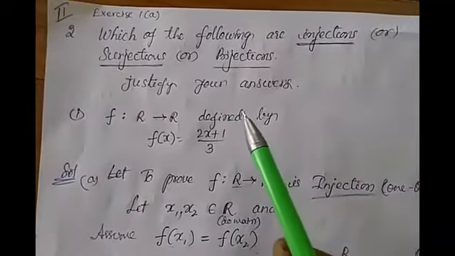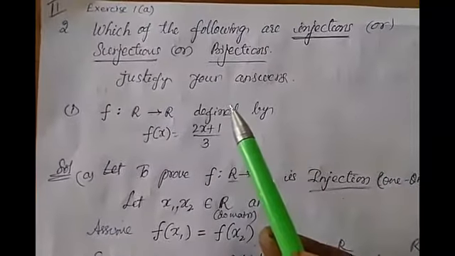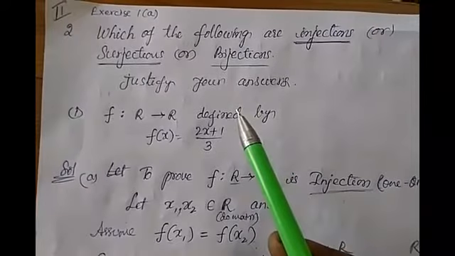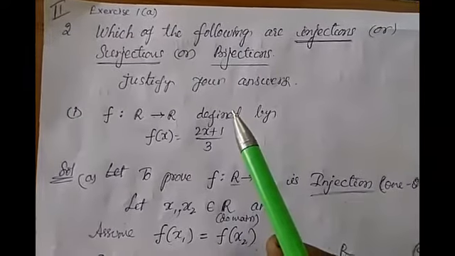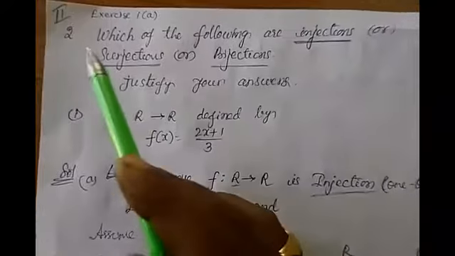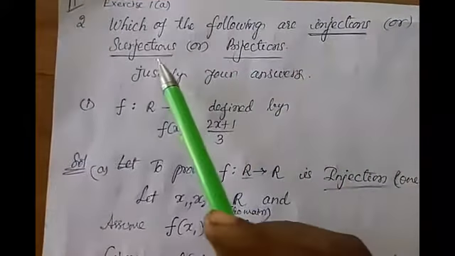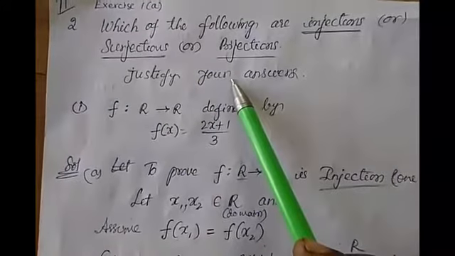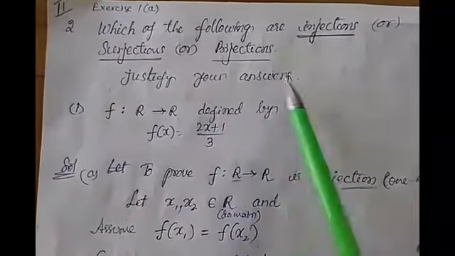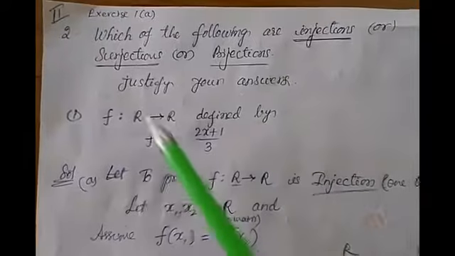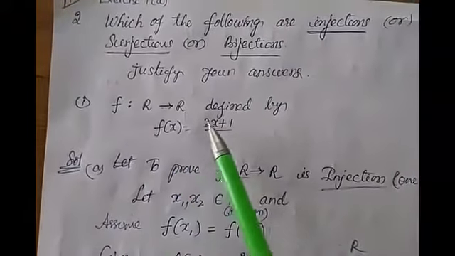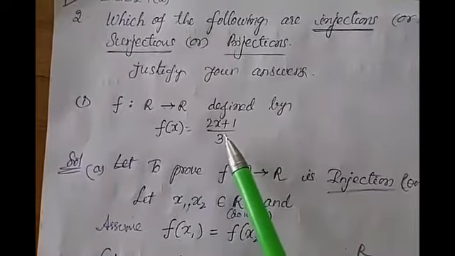Good morning, students. Today in this video we will discuss some problems in exercise 1A. Second Roman, second problem. Which of the following are injections or surjections or bijections? Justify your answer. First one, f from R to R defined by f of x is equal to 2x plus